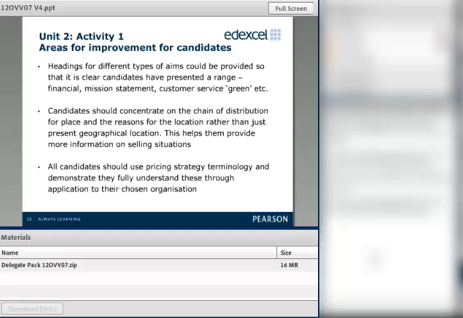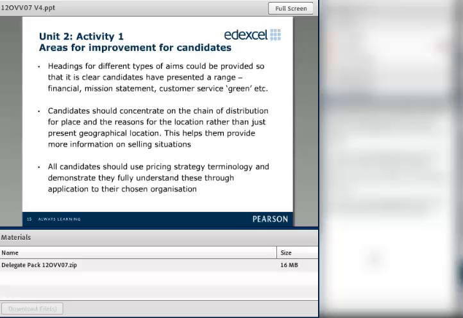The second part, they've got to talk about the place, haven't they? They've got to look at places where the chosen organisation sells products and services. Quite often they concentrate on geographical location. We're really not wanting that so much. We want them to look at the chain of distribution, so where people can buy it. So if, for example, it's Alton Towers, which seems to be quite a popular one, where they can buy the tickets from. They can buy them face to face on the door, they can buy them over the phone, they can buy them on the internet, and so forth.